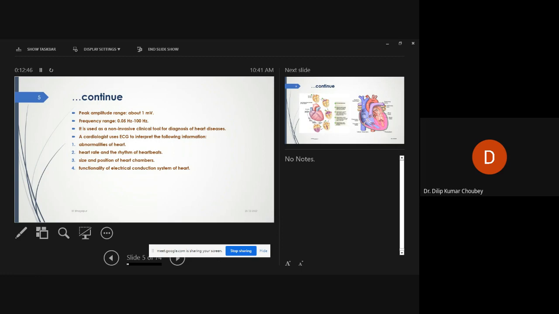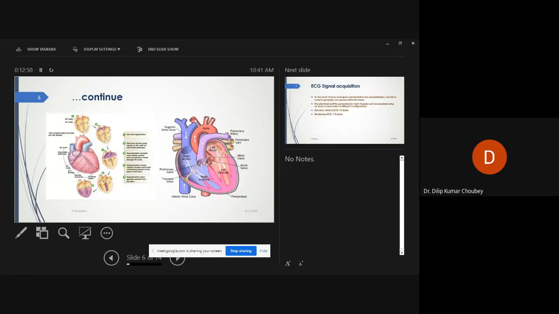Okay, because here I have included a picture of the heart, and you can see there are four chambers: left atrium, right atrium, right ventricle, left ventricle. And regarding the functionality of the heart,